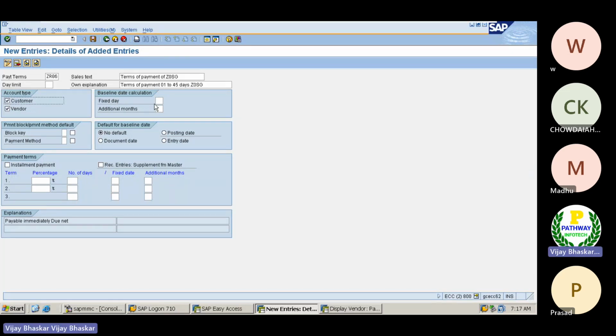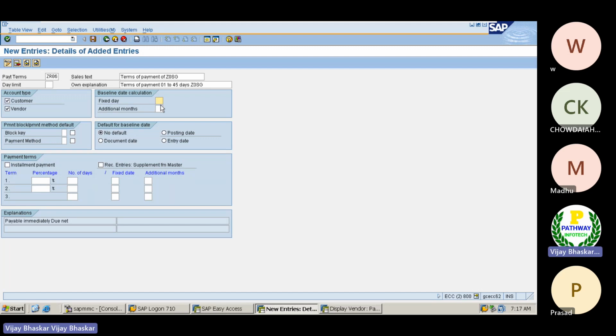Baseline date calculation. Some organizations have a requirement like this: every month end, I want to calculate the due date. So here the fixed day I'll keep as the 30th, the last day of every month, so that I can calculate the due date.